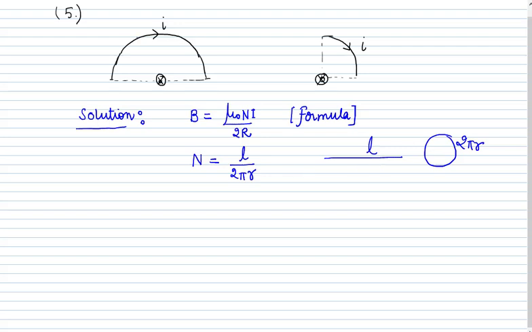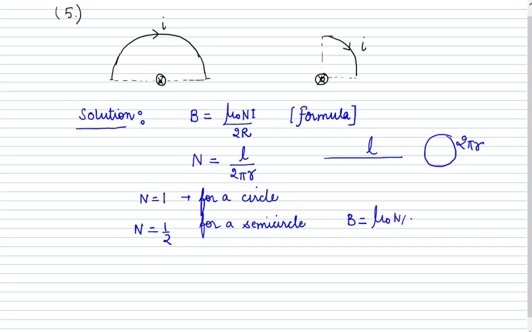Now in this case we are given a semicircle, so our N here represents a single loop. You can see for a single loop N is equal to 1 for a circular loop. So if it is a semicircle, the value of capital N will be half. The formula remains as such, so replace N with N by 2. So B is equal to mu naught N by 2